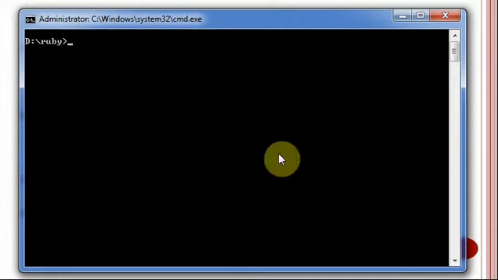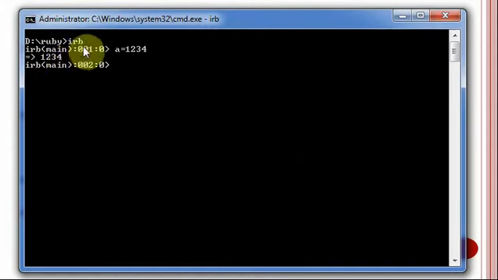We'll go to interactive Ruby. You give irb, that is interactive Ruby. In this interactive Ruby, you can give some expressions and you can get the result here itself. I'll give an example: a = 1234. When you give irb, the prompt is displayed here. So here I am giving the value of a as 1234, and the result is displayed as 1234.